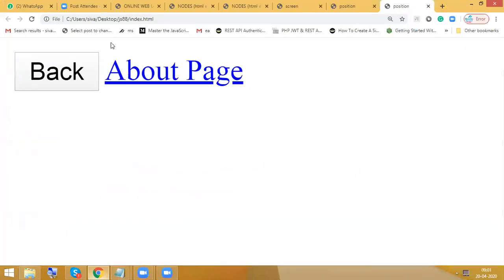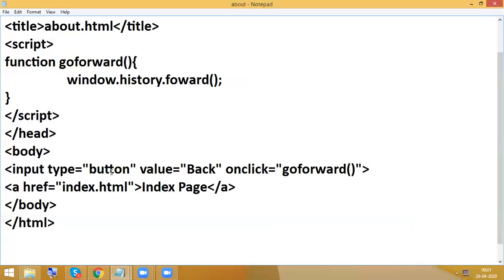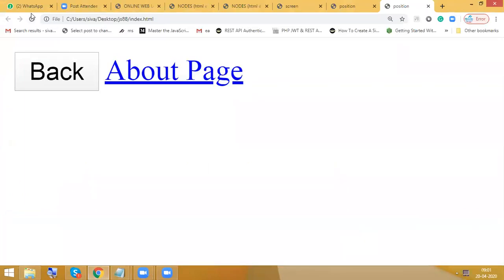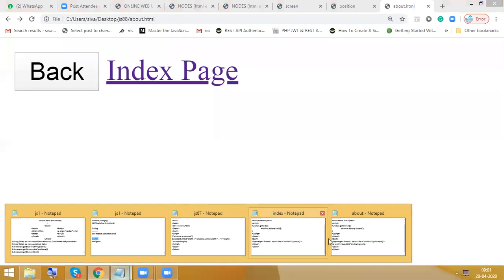Okay, so now go and refresh the page. So remove it, index about. Okay, so now first I'm going to visit the about.html file. Observe carefully. Whenever I'm clicking on this index, now I am in index. If I get back to the previous page, that is about, click on back.